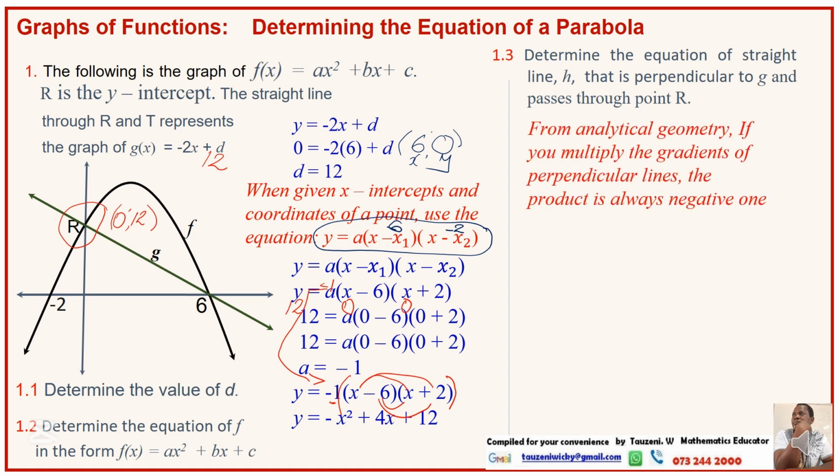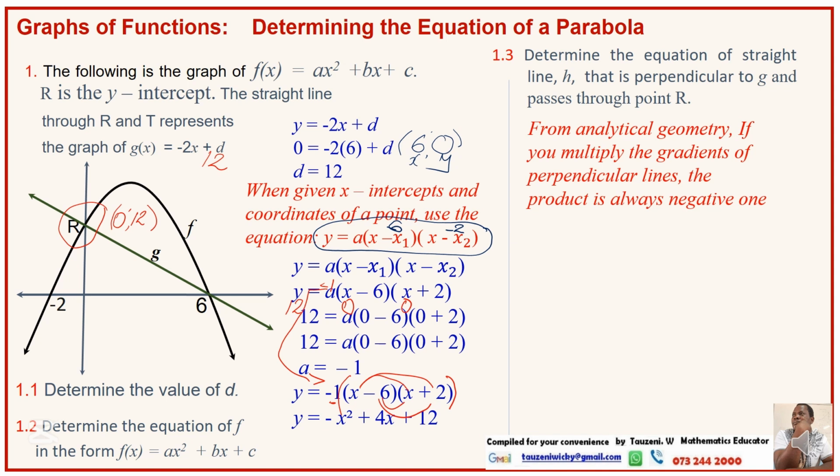Question number 1.3. Determine the equation of the straight line h that is perpendicular to G and passes through the point R. Now, interesting here. Now, this is some ideas from paper 2, analytical geometry. So we know that in analytical geometry,